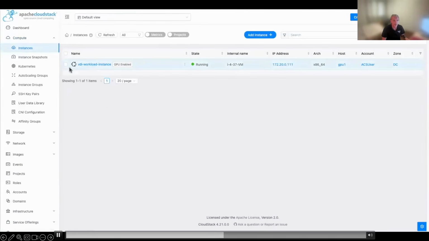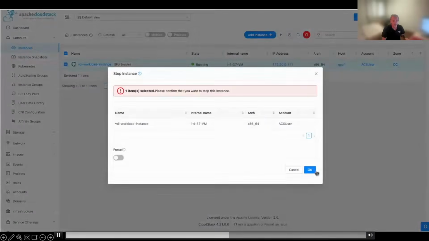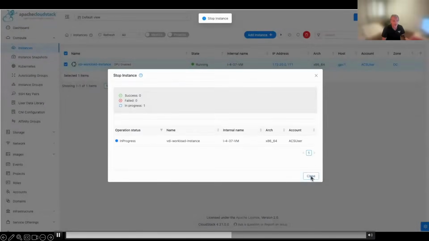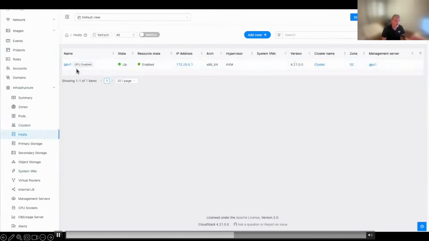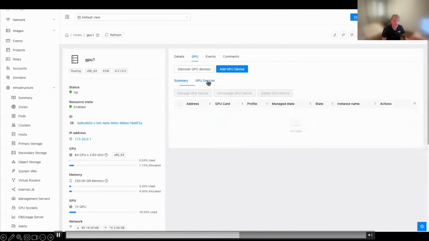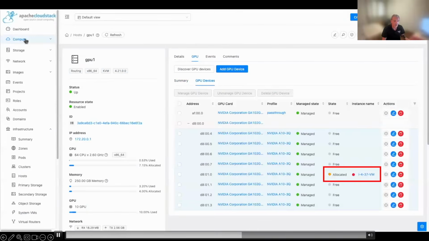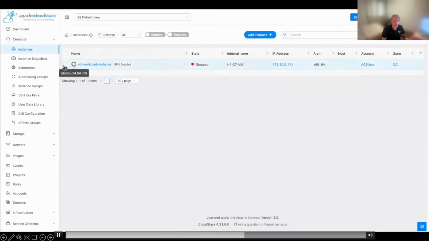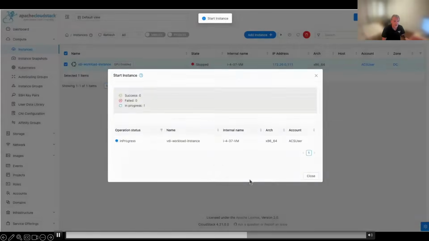So let me stop the instance to show how it works. When I stop the instance, in this case, the GPU will continue allocated to the instance, as you can see here. So let's change it, start this instance again,